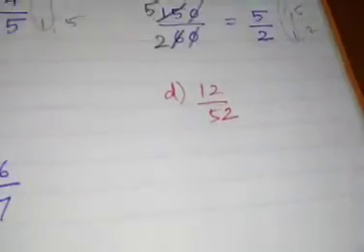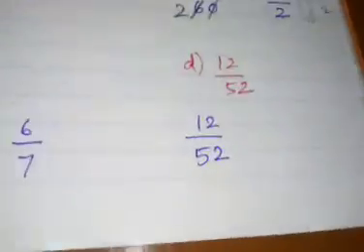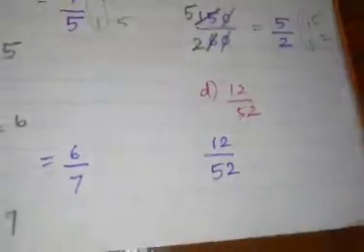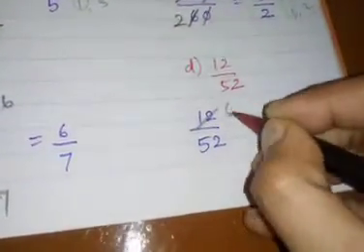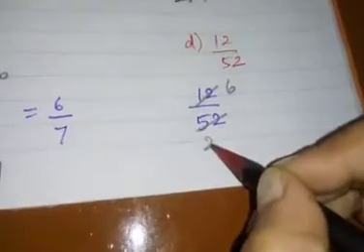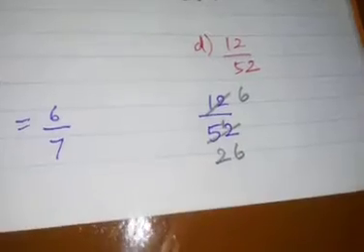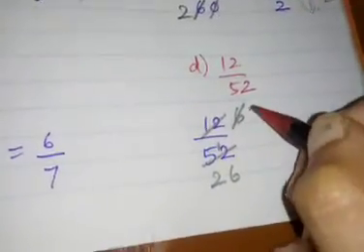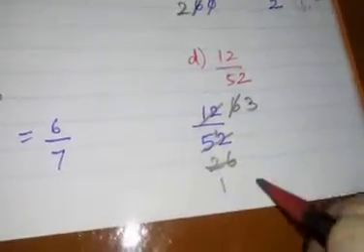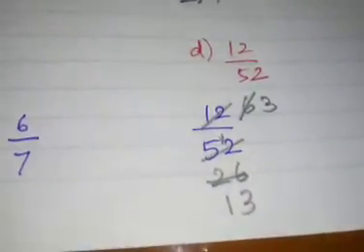Next, D problem. 12 by 52. Okay, so first I am going to write the answer. 12 by 52. I am going to cancel it in the 2 table, children. 6 2s are 12. 2 2s are 4. 5 minus 4 is remainder 1. Then 12. 6 2s are 12. Then again in the 2 table. 2 3s are 6, 2 1s are 2, 2 3s are 6. So do both come in any same table?